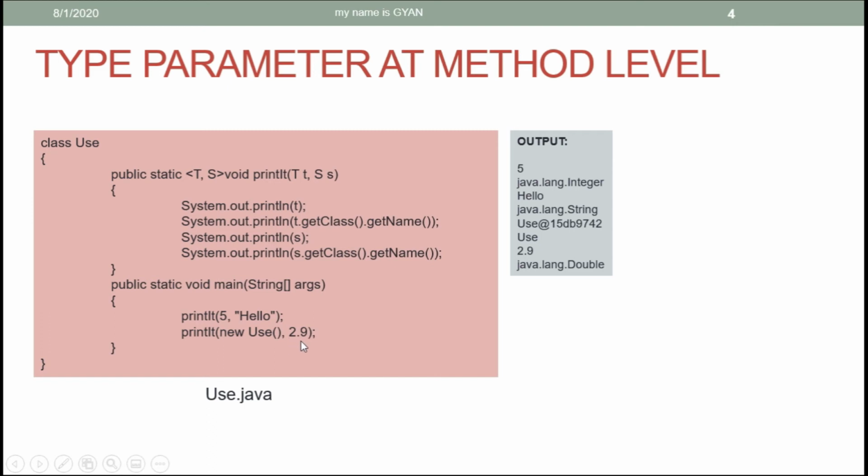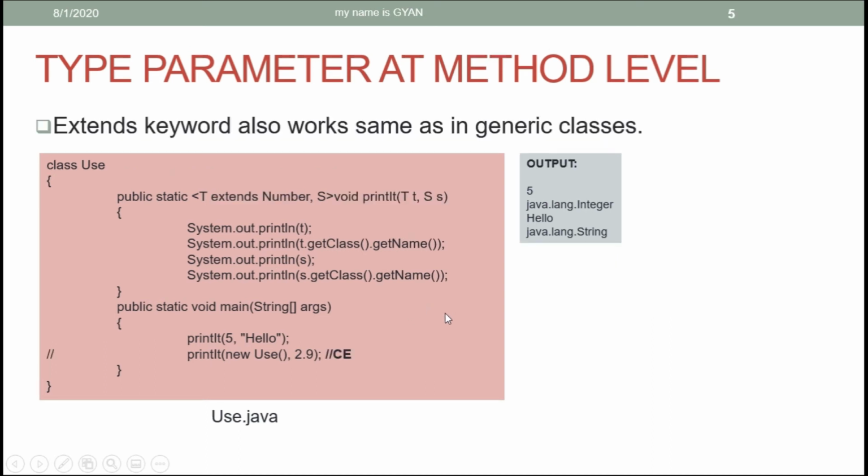Similarly, when we pass 2.9 to the reference variable s and try to print it, it will call the toString method which prints the value 2.9, and when we call the getClass.getName method by using the reference variable s, it prints the name of the class java.lang.Double whose reference is stored in the reference variable s. So hopefully you are getting my points.